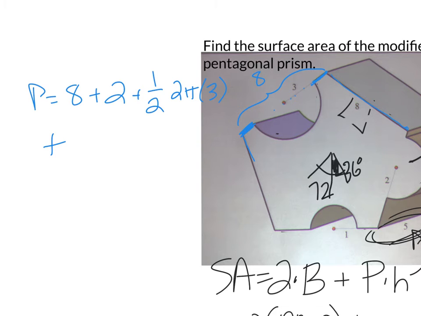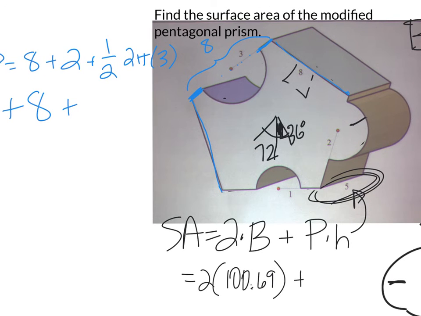Plus, now I'm going to make another straight drive. That's another 8. Plus, let's figure out what our straights are on the bottom. Once again, the whole entire thing would be 8. But I am missing 2. So that's 6 plus 1/2 of 2 pi r, half of a circumference,